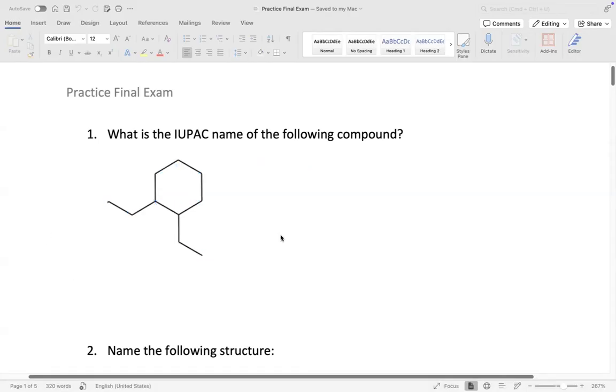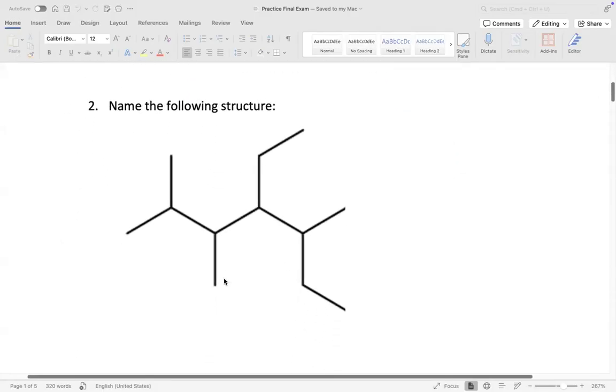All right, so the second one, we still have an alkane here. It's still all single bonds, so we know we're dealing with the ending ane. And then we want to figure out the number of carbons in the main chain. We want to do the longest possible chain. So if I start counting here,